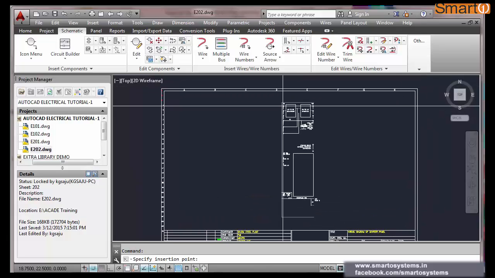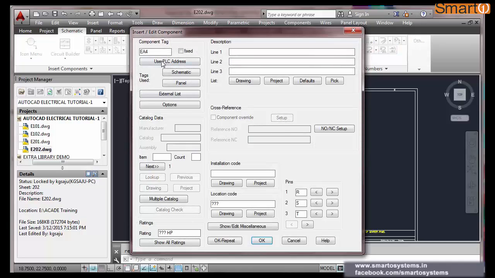You have already seen all these things, and this is my 202 DRV1. Again, here I can give the descriptions. VFD, 415 volt AC. You can give the drive, AC drive.